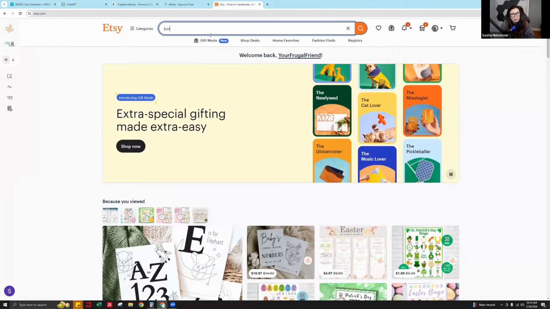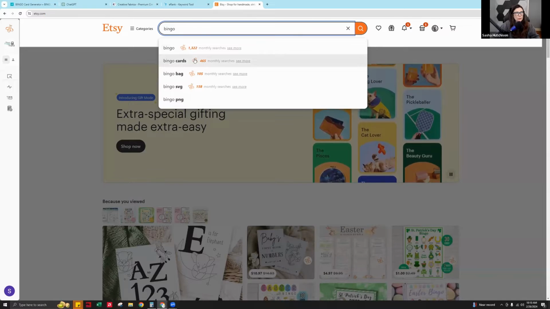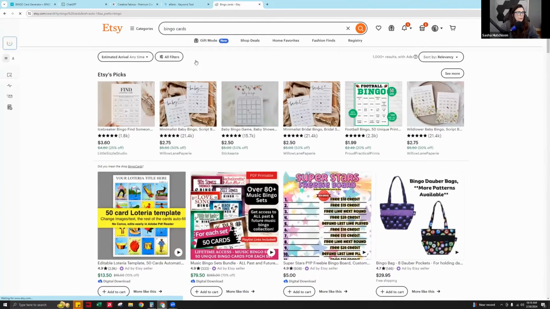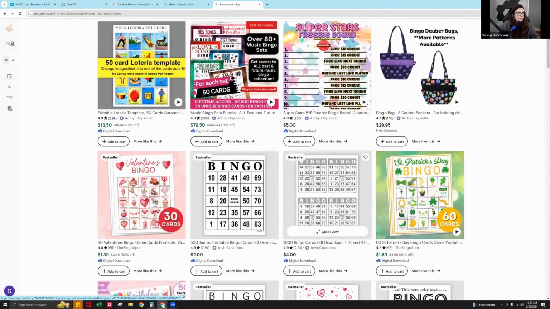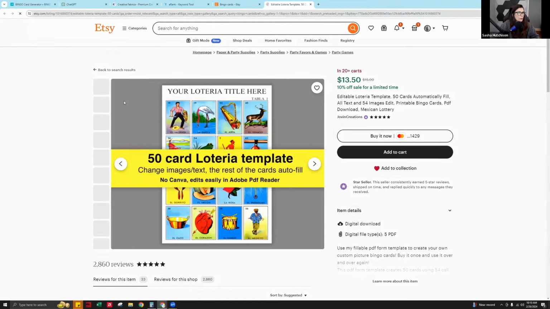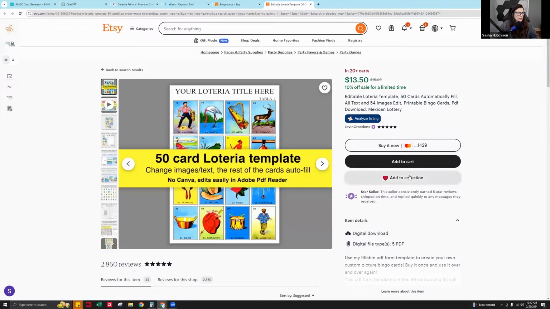And if you start to type in, it'll show you what people are mainly searching for. So bingo cards. So I would probably do the cards. Ooh, this is interesting. This is an ad. I usually ignore ads, but this is 20 cards, and it's the Loteria template. So you could try to do those